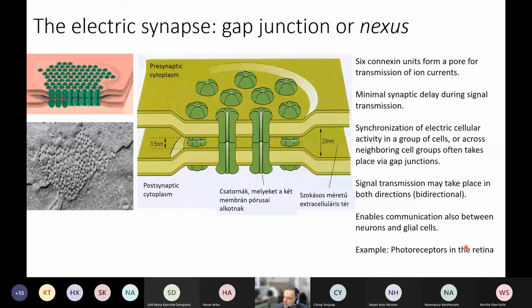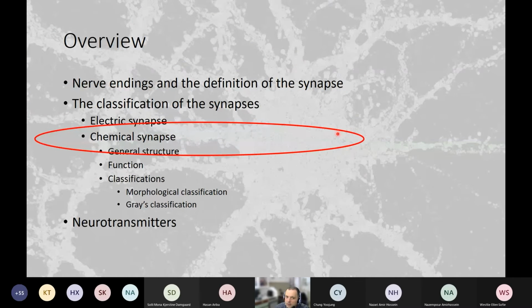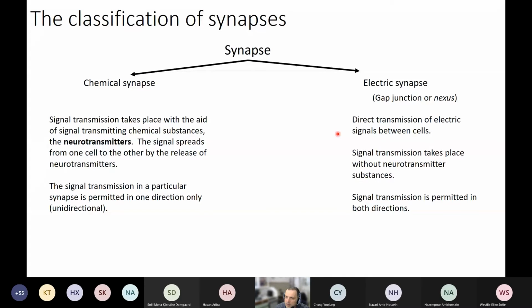You had a lecture earlier about the retina, and you most probably heard about the photoreceptors there. Photoreceptors also have similar connections, and you can give an example: the photoreceptors, if it's about electric synapse. So we do have electric synapses, but we do not have so many. And if it's about electric synapses, one has to state that the chemical synapse is more important in